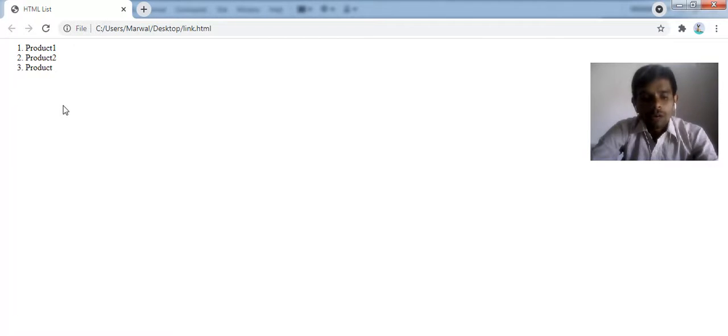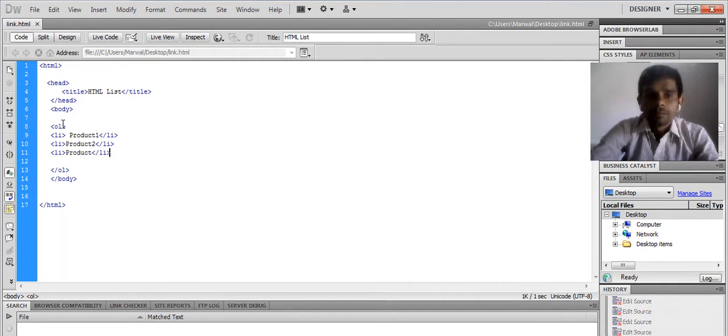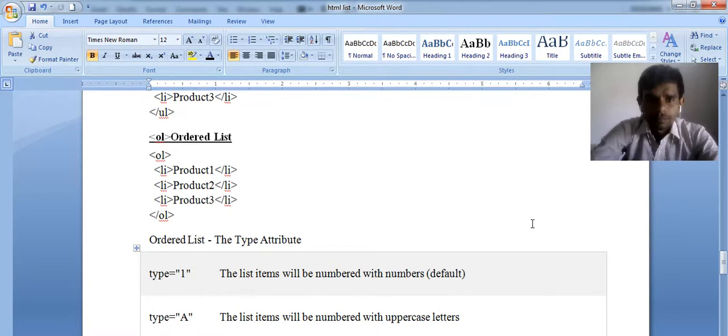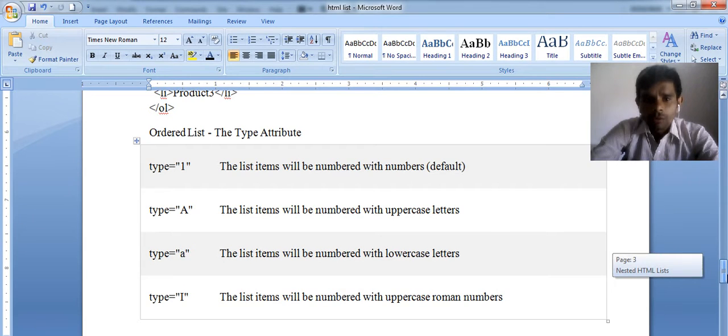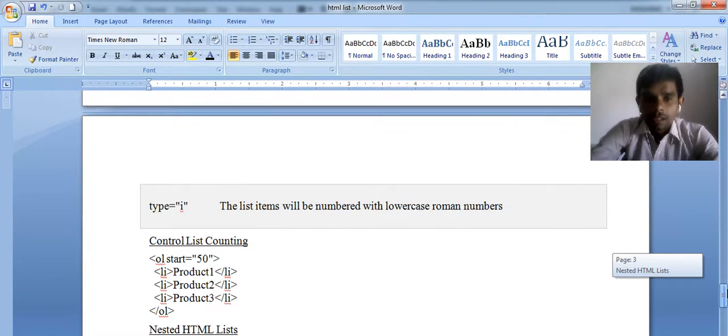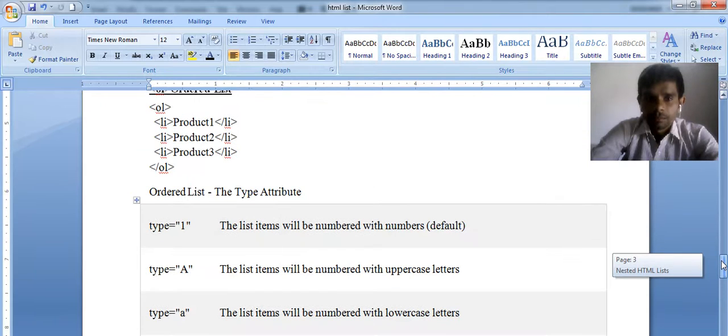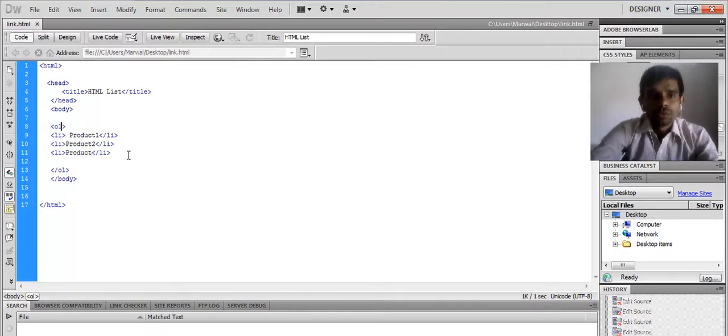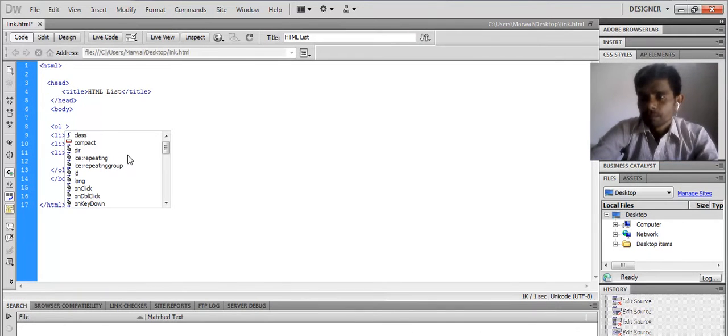If I want to show this data according to my requirement, like type equal to 1, type equal to A, then how can I start? For this I need to use its property.